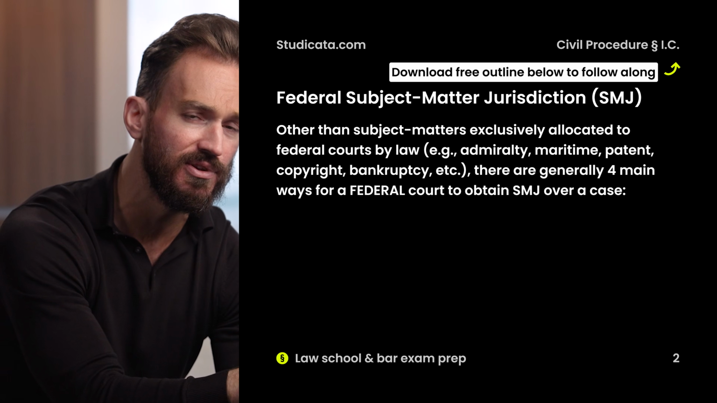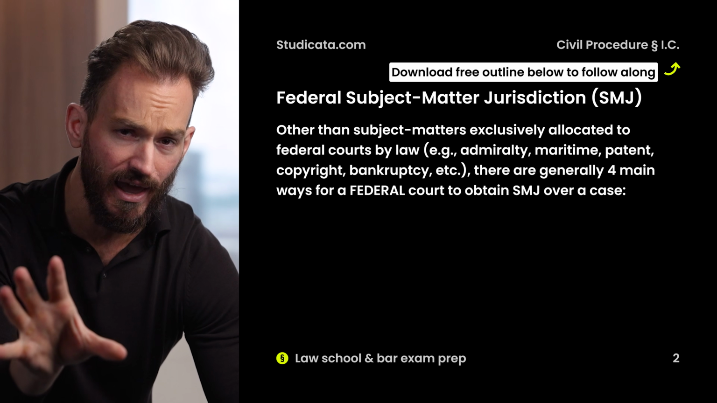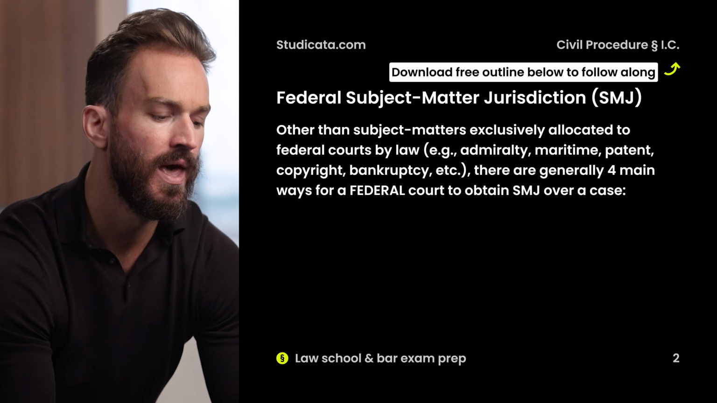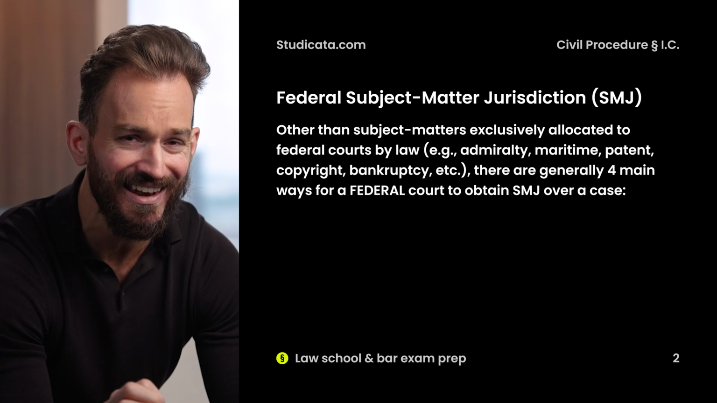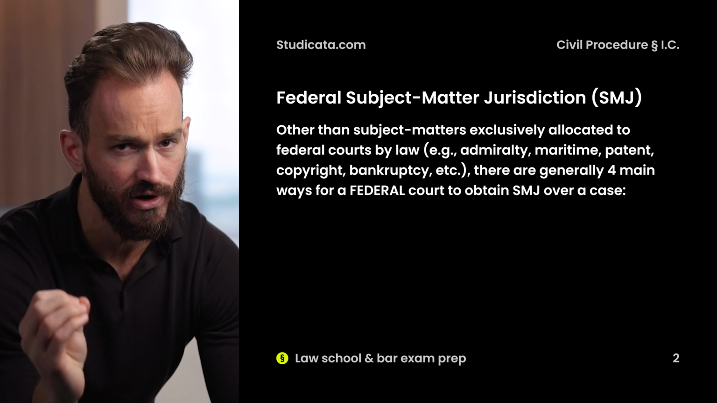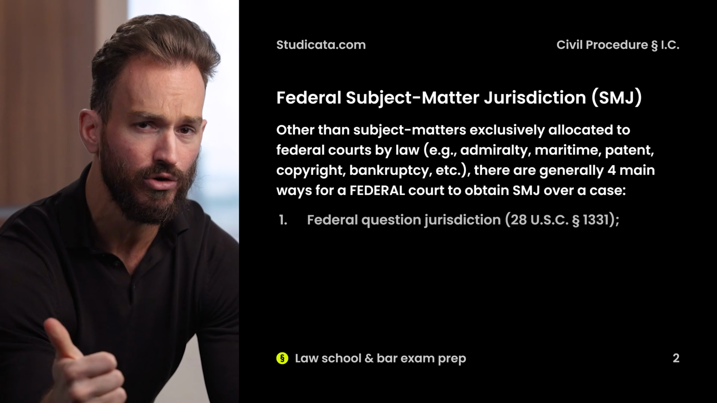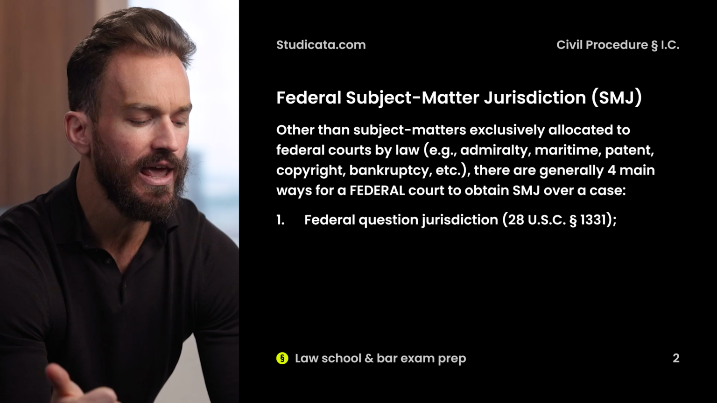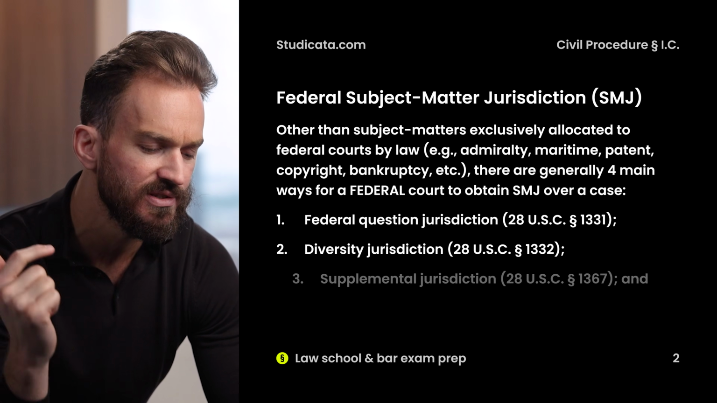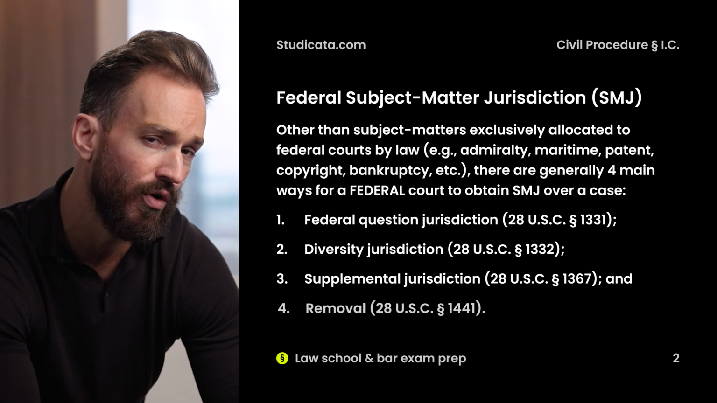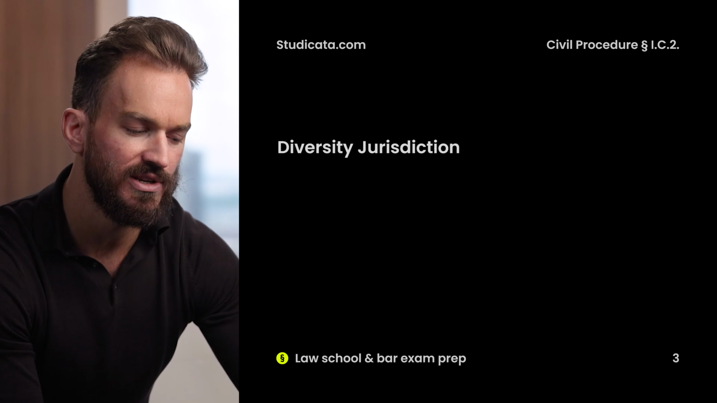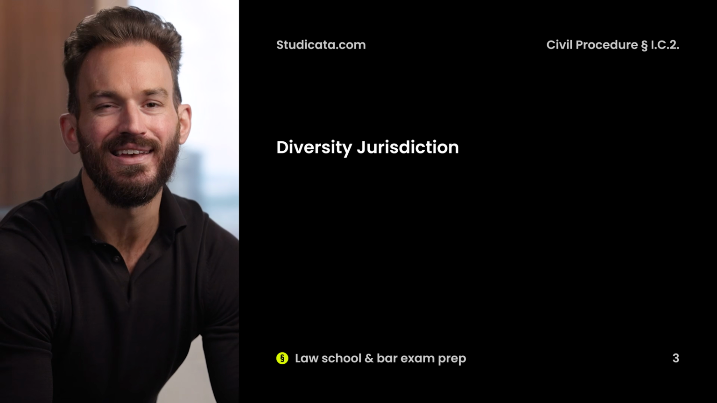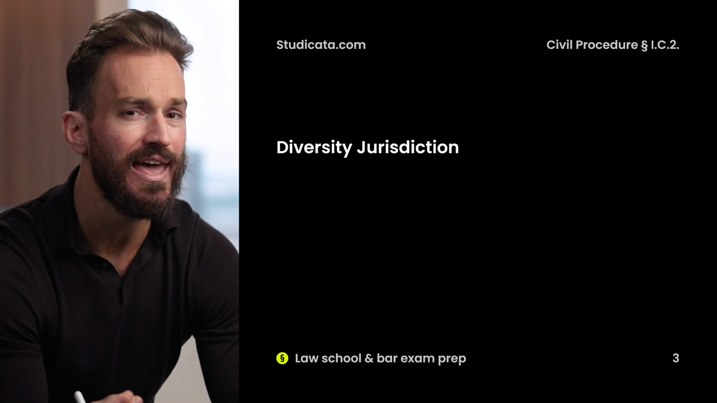Other than these types of cases that are exclusively allocated to the federal courts by federal law, there are generally four main ways for a federal court to obtain subject matter jurisdiction over a case. In our last lesson, we talked about federal question jurisdiction. Remaining, we have diversity jurisdiction, supplemental jurisdiction, and removal. Of course, in this lesson, we're going to focus on diversity jurisdiction as a means of a federal court obtaining